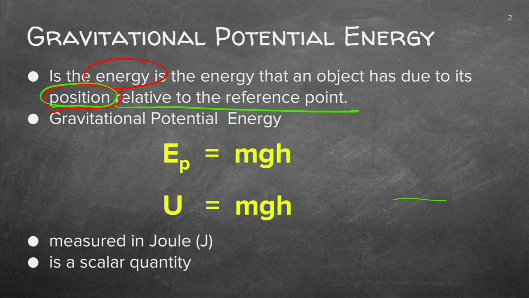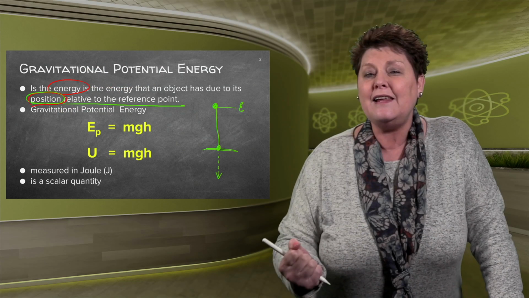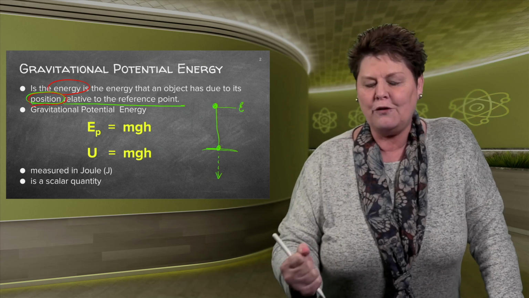So I'm asking you, if I've got something on the ground and I lift it up and the position is there now, what will the energy be now? That's the stored potential energy. Now, why do we call it gravitational? Because you've got the force of gravity pulling it down, so I'm working towards the opposite side of gravity.